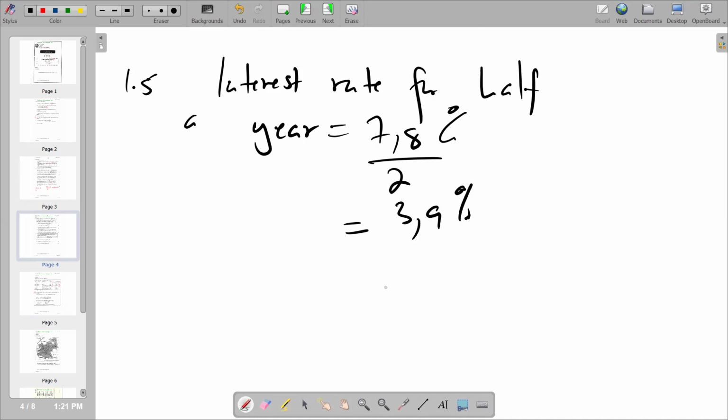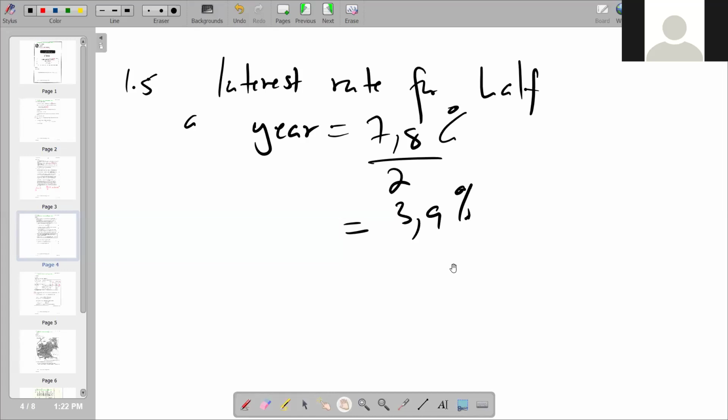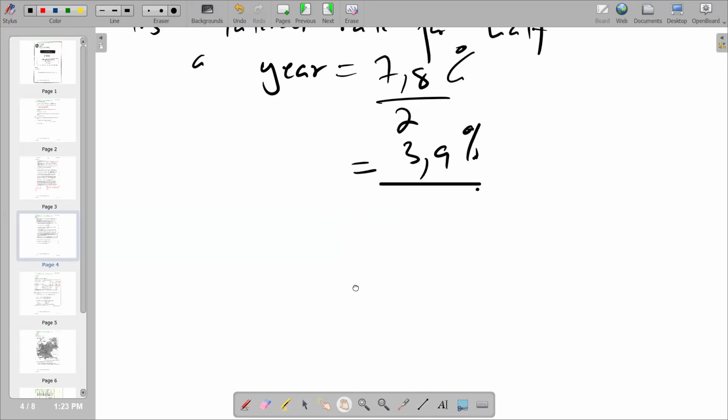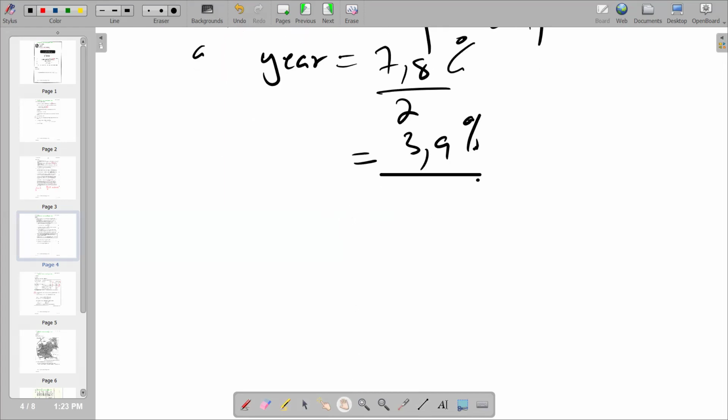So this is one that we are going to use 3 times. We are going to get our half yearly percentage being 3.9. So we're saying we are going to use this 3.9 as our percentage for the half yearly calculations. So with that now we can say, first 6 months. Remember, we are going to have 3 6 months. So for the first 6 months,